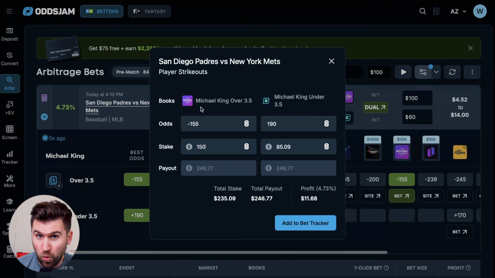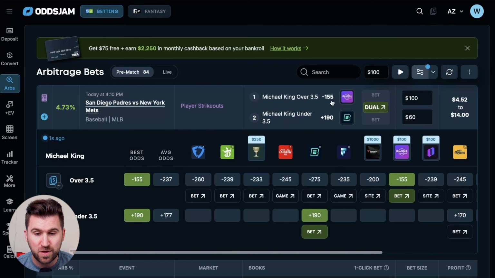One side of the bet's going to win, one side of the bet's going to lose. So understanding how to use this calculator is very important to our success. Anytime that the plus odds number is larger than the minus odds number, we can day trade these books to make a profit. 190 is larger than 155, so that's going to be advantageous for us to go after this